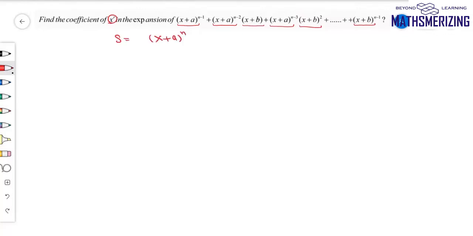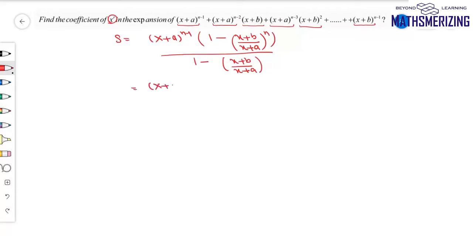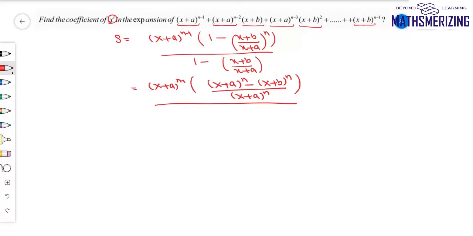I can write it as (x+a)^(n-1) times [1 minus r^n] over [1 minus r]. Now what's the value of r? The value of r is (x+b)/(x+a), the number of terms is n, and then 1 minus (x+b)/(x+a). Now I can write it as (x+a)^(n-1) times [(x+a)^n minus (x+b)^n] upon (x+a)^n, and here x and x will cancel, so I'll get a minus b